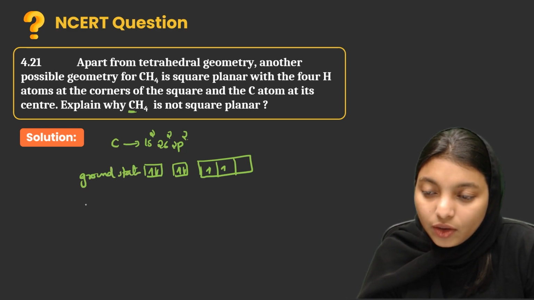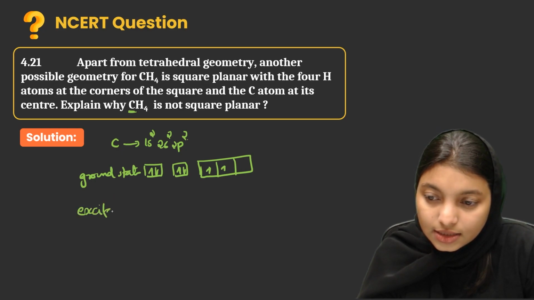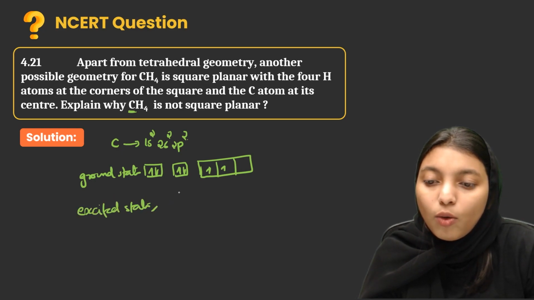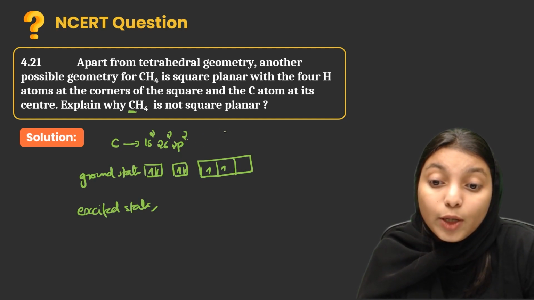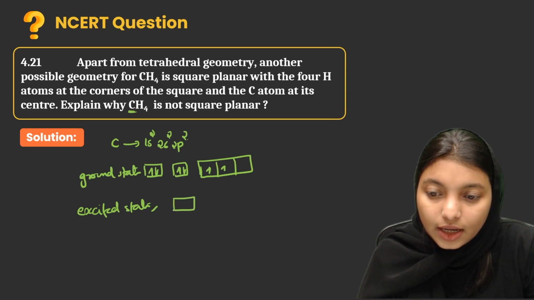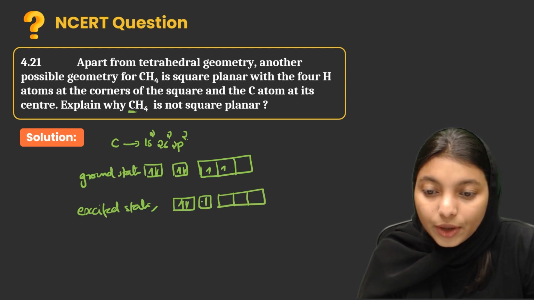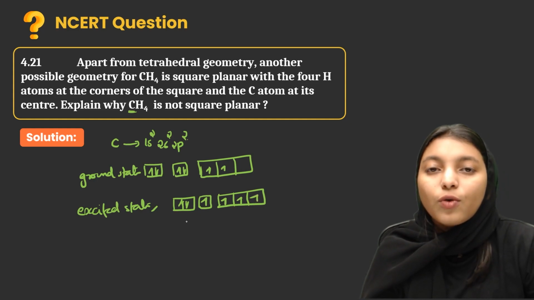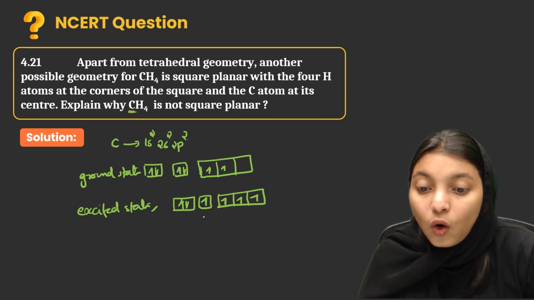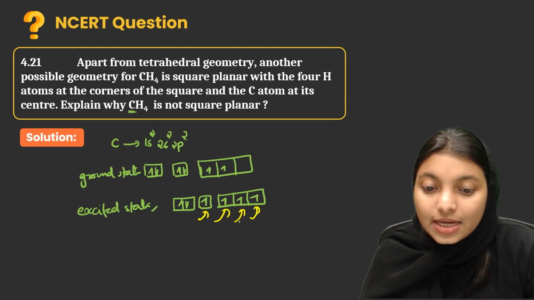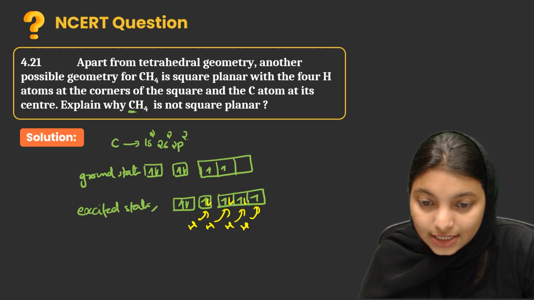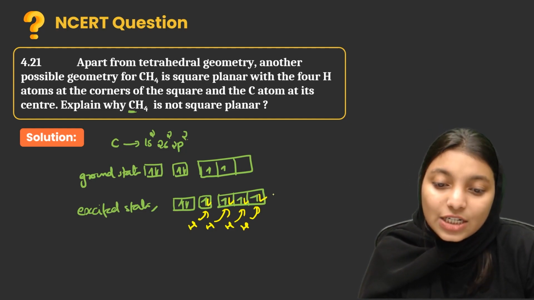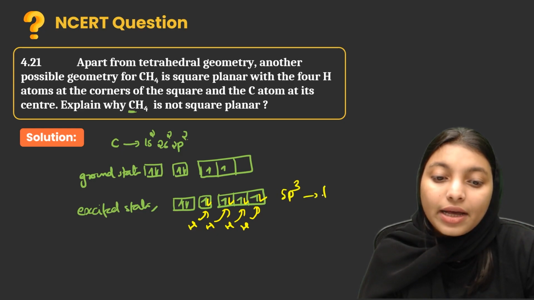When we go to the excited state, how will it be? The outermost shell electron will be going into this one. So it will be 1s2 like this only, and from 2s an electron will be jumping to 2p. So it will be like 1, 2, 3 and 4. Now what will happen to these 4 hybridized orbitals? Hydrogen will be coming and donating its electrons so that they get paired like this. Okay, that is why it is getting sp3 hybridization